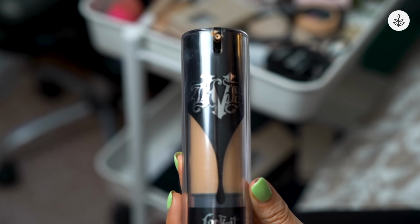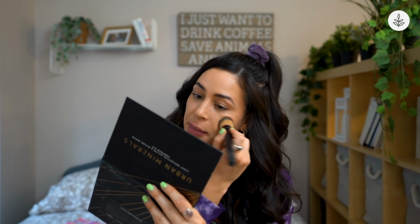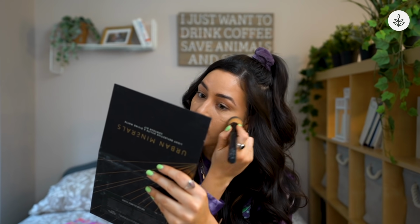So this is the Kat Von D Lock-It foundation in the color medium 53 neutral. I'm just gonna go in and try to cover up my scar a bit. For glam looks, what I consider glam is something that is full coverage. You're doing every single step there is in the books. Contouring, you are doing your highlight, you're doing a really bold eye. A little more